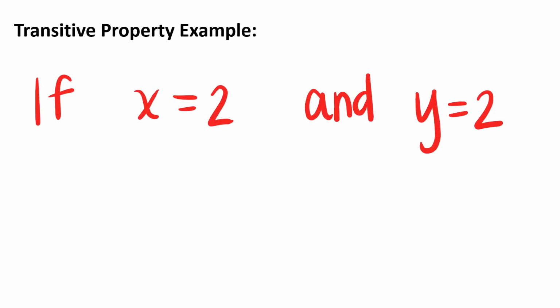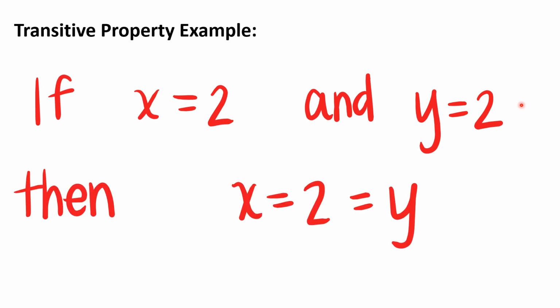All right, so let's look at an example of the transitive property just so you can get an idea of what it looks like with actual numbers. Let's say that you're given this statement: X is equal to 2 and Y is equal to 2. Well, the transitive property tells us that if X is equal to 2 and Y is equal to 2,